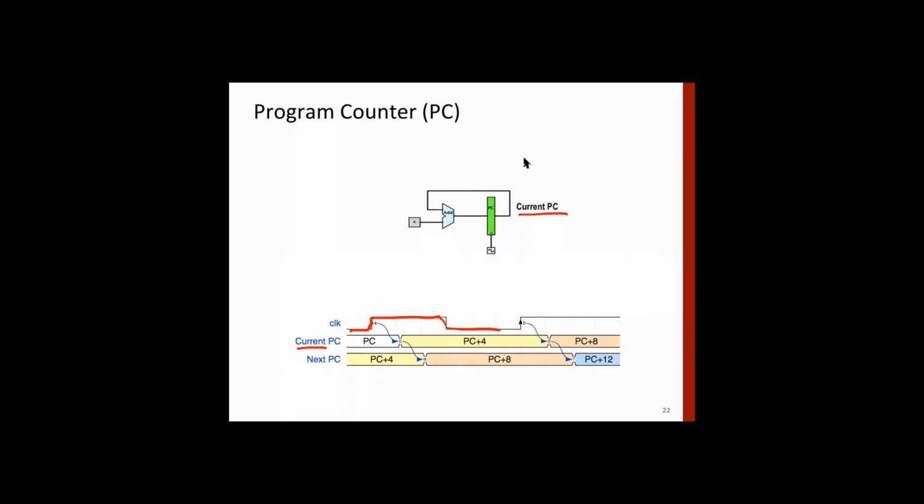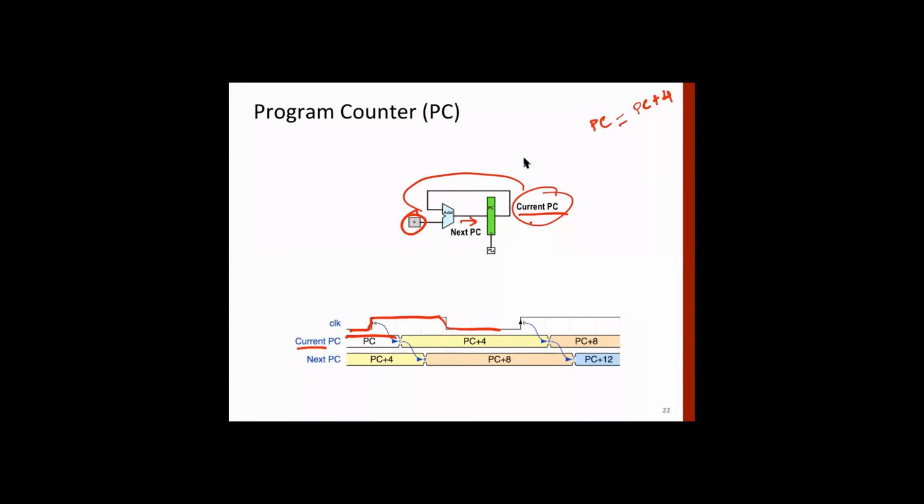The PC value at some instant is this one, and in order to get the next instruction, PC should become PC plus 4, right? And the 4 is coming from here, and this is the addition function. So this is the next value of PC, and it will get into PC only at the leading edge of the clock, right? So this is the current value of PC, let's assume some value.